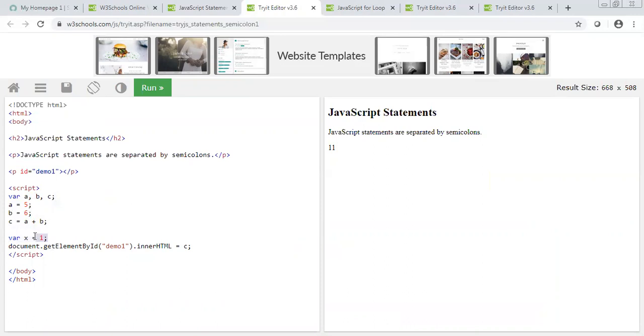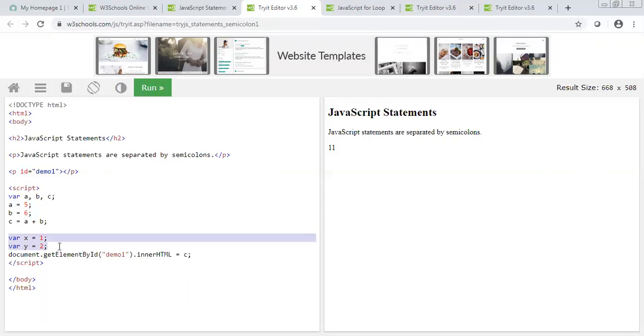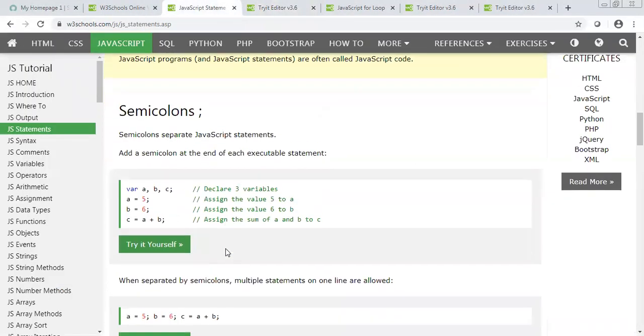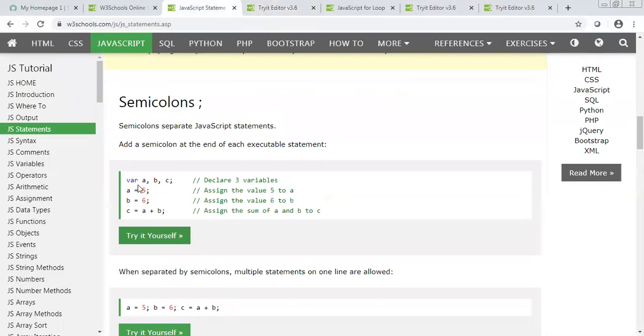So after every line you need to put a semicolon. In ServiceNow it will give you a kind of warning if you do not put it. So if you need to define another variable, var y equal to, let's say, 2, at the end of each line you need to put the semicolon. This is again a basic scripting practice, not specific to ServiceNow. This is how you define a variable: the name of the variable, then the value using the equal to operator.